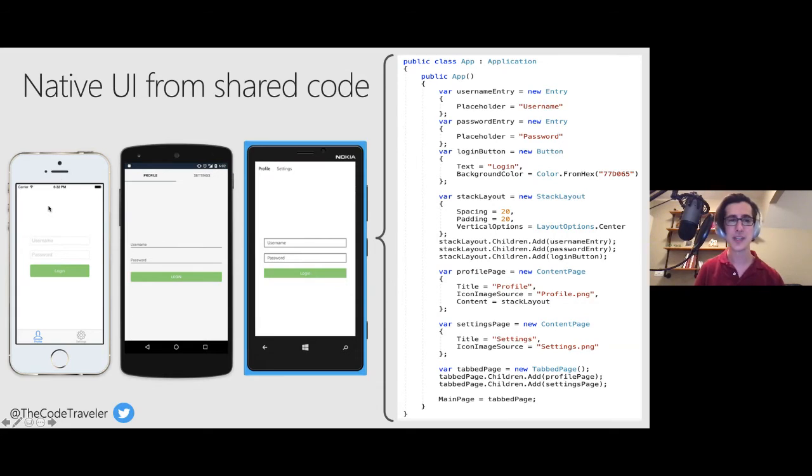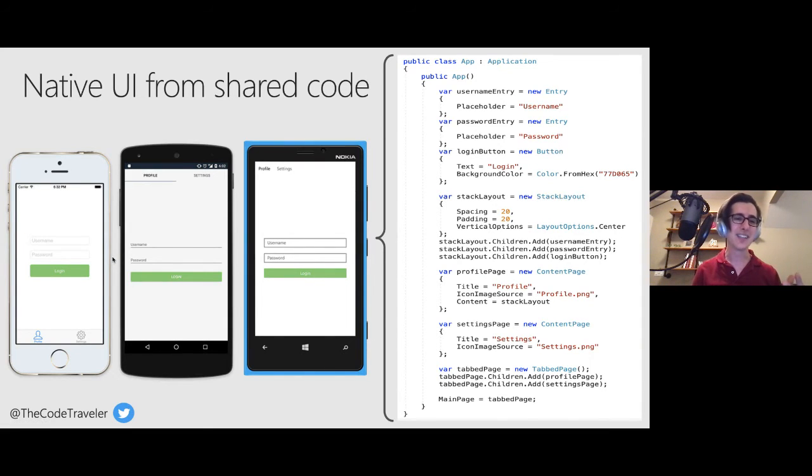So across all three of them, again, they look and feel very similar, but they're still distinctly native. So iOS still follows what they call the human interface design guidelines, where everything's very flat. We have rounded edges. We have our tabs on the bottom here with our icons,